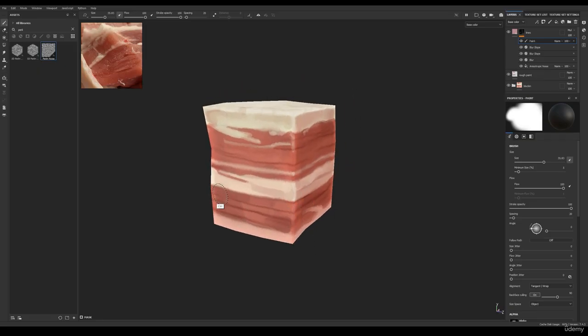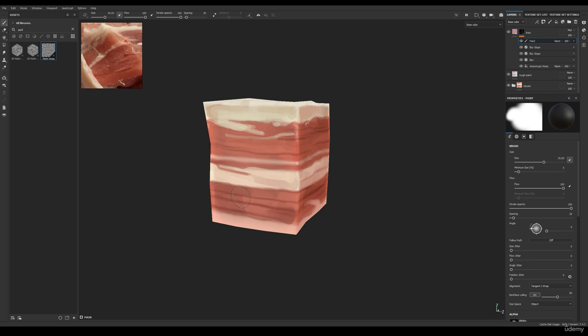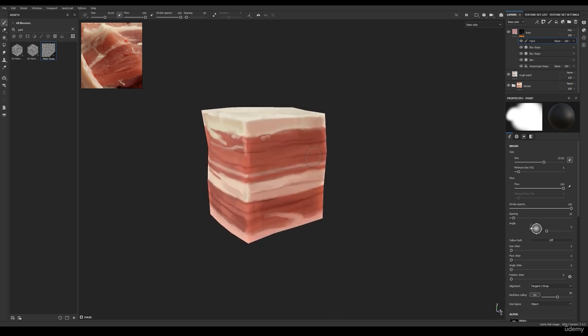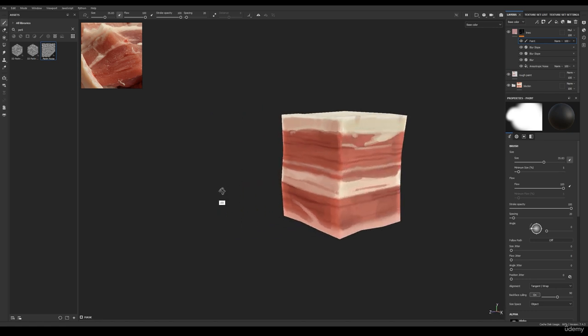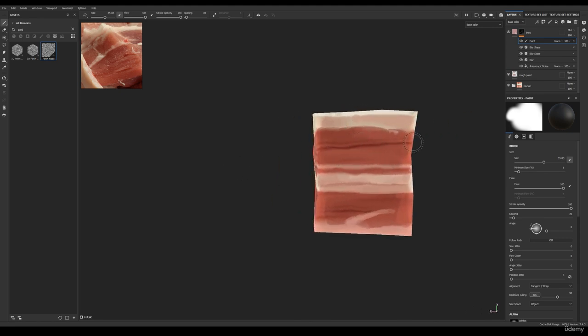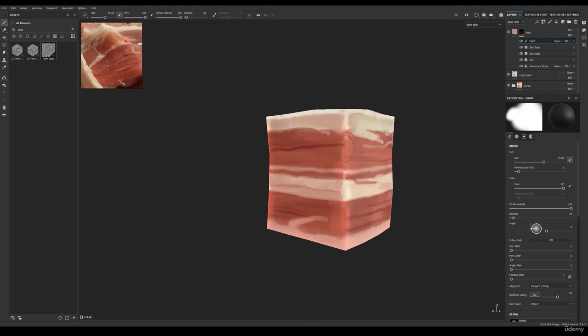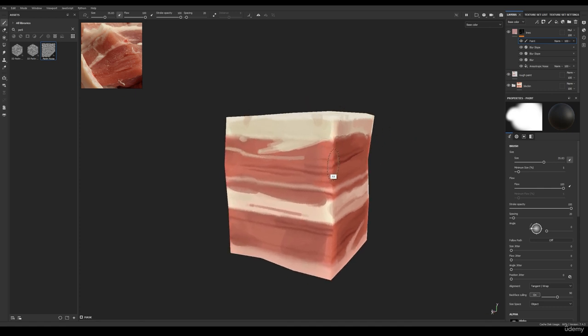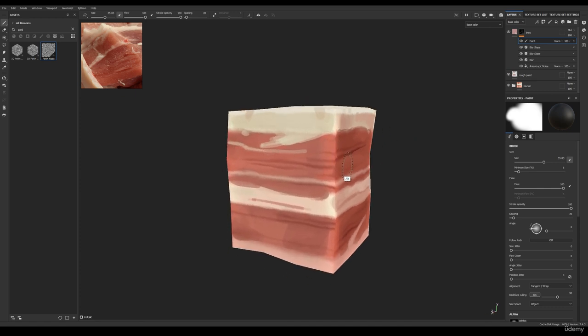In this part, we're going to zoom in a little bit to start detailing and defining the smaller and medium shapes. Now we've had the plugin, we have the rough paint. It's time to go through and fix some things up, add a bit more detail. In the beginning, I'm taking an overall look, seeing if anything really pops out, if the plugin makes sense, and if I'm able to work from this